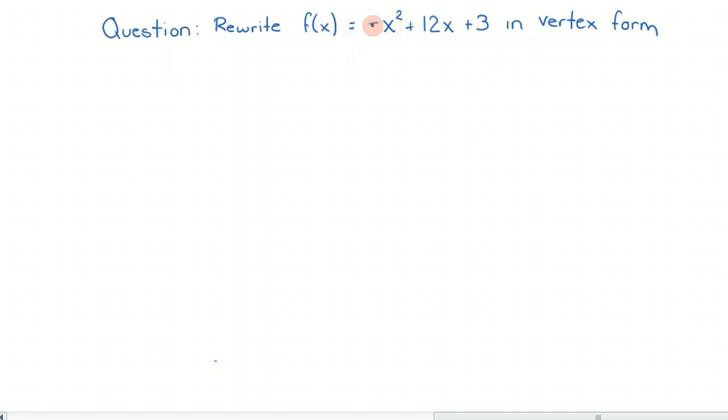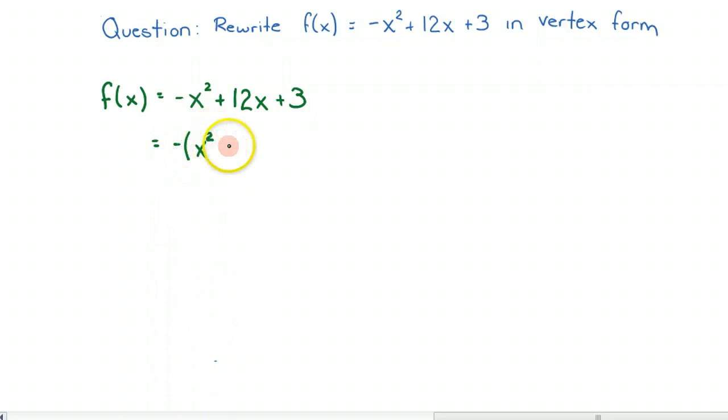So the first thing to notice here is that the a term is not equal to 1, and what that means is I have to factor it out of the first two terms. So let's start by writing out this function again. f of x equals negative x squared plus 12x plus 3. So what this is going to mean is that I'm going to factor out the negative 1, and now that I've factored out that negative 1 from the first two terms, I can go through my process